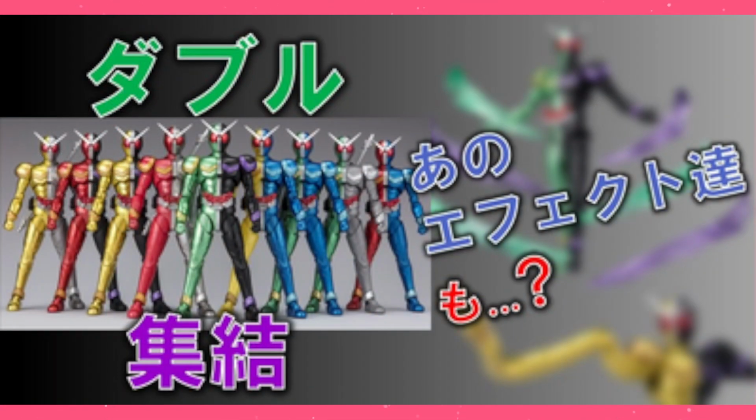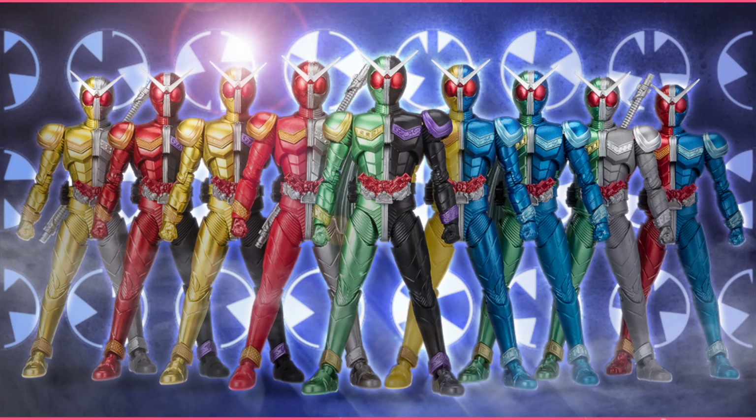I'm so sorry for this awful image, but Bandai, you've got to get better game at these thumbnails. They have to be higher res, because there are some really good images of what we have to talk about. Check this out. It is all of Double's main forms, and by main forms I mean the main combinations you can make with the original, I want to say 6